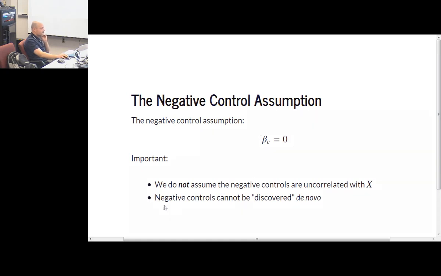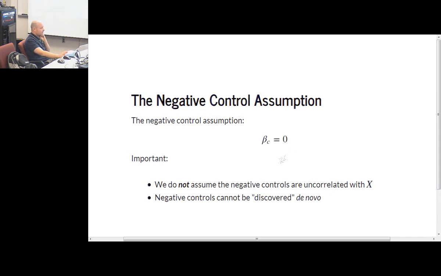The negative controls cannot be discovered de novo from our data. In particular, we cannot just look at our data, find genes that are uncorrelated with our factor of interest, and call them negative controls. We can't do that